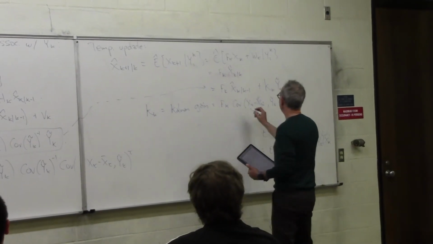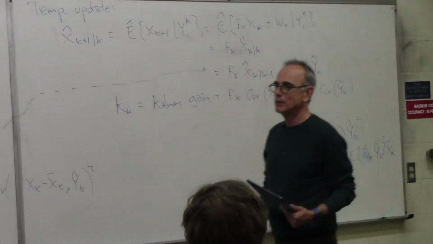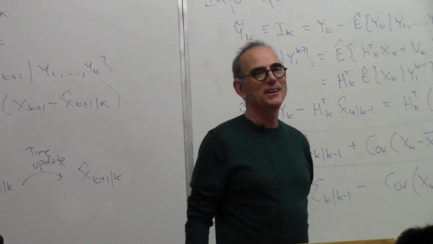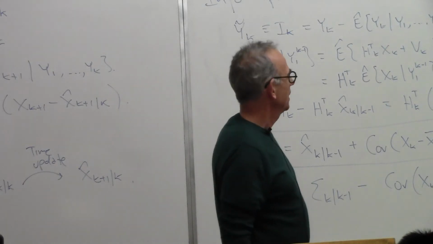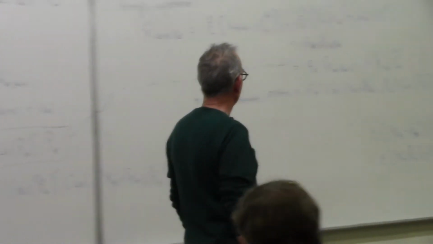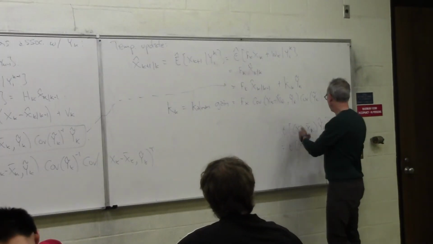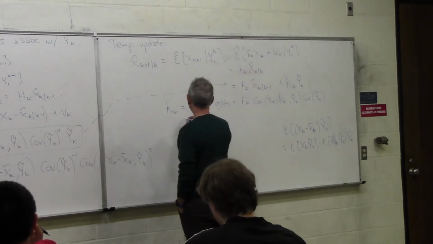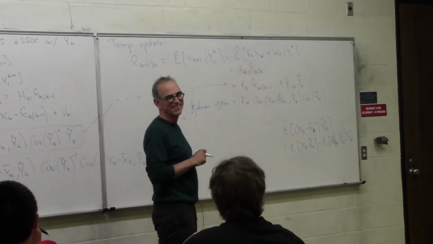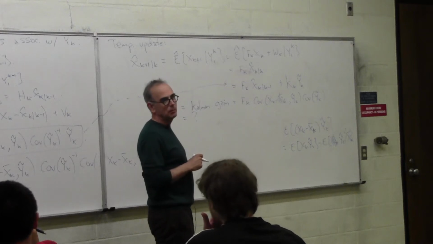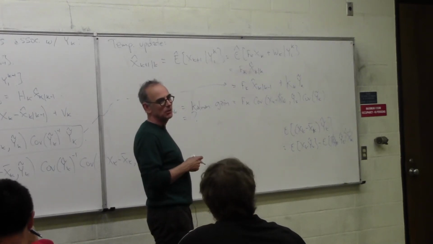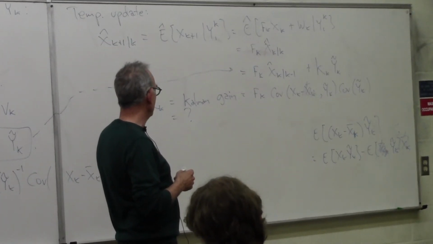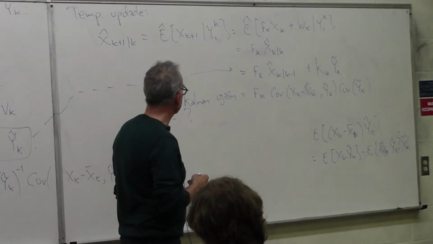So that's the Kalman gain. And the next step is to work out what all these monsters are. And I mean, shall we? I guess so. It's not that bad. I mean, what is this covariance, for example? So what is it? Equals a question mark. So you've got to fool around a bit. I'm going to try to do this open loop because reading my notes is annoying. So let's figure out what this covariance is.